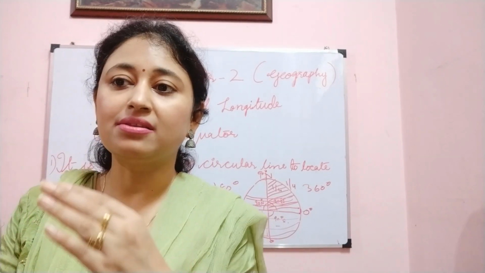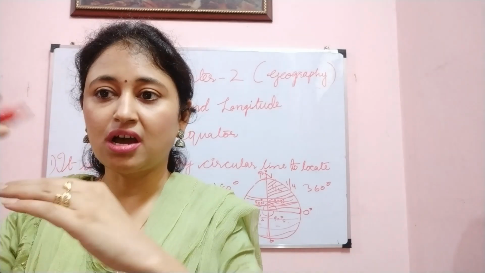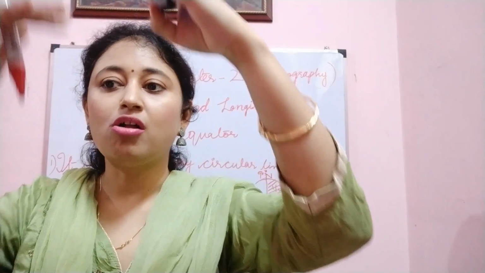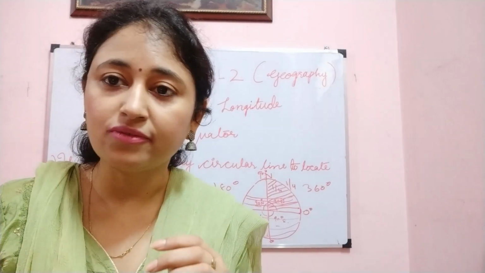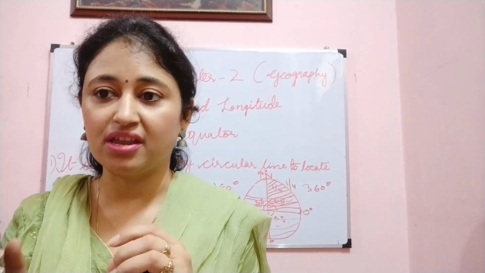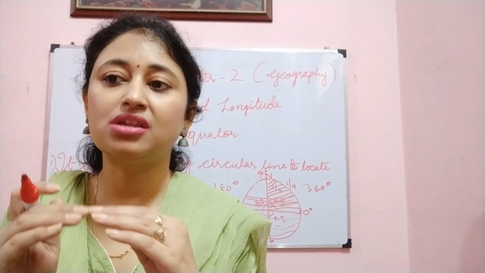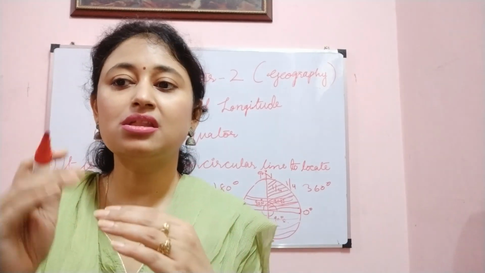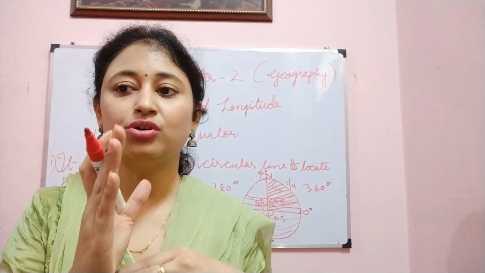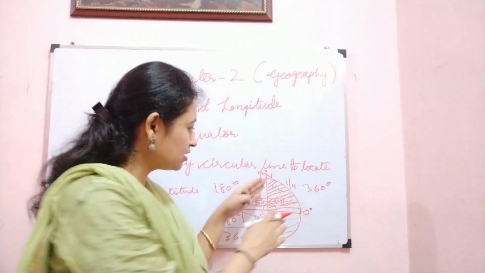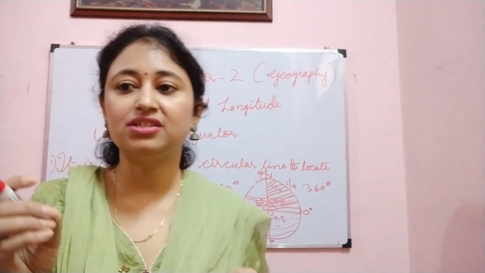All the parallel circles from the equator up towards the pole are called parallels of latitude. Latitudes are always measured in degrees. The equator represents the 0 degree latitude. Since the distance from the equator to either of the poles is 1/4 of the circle, so 1/4 of the circle is always 90 degrees.